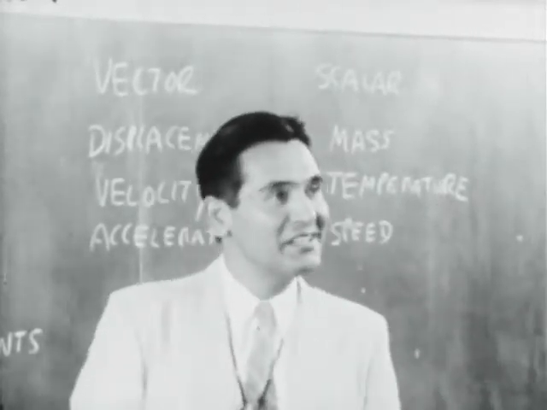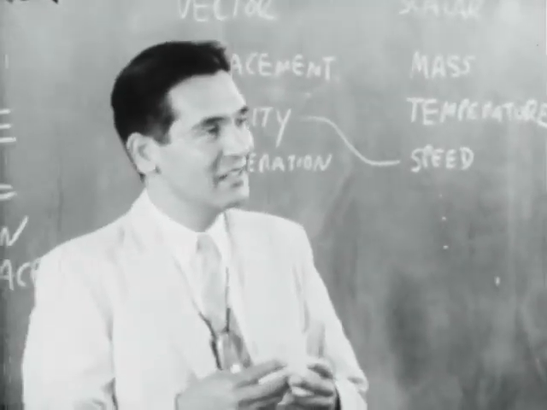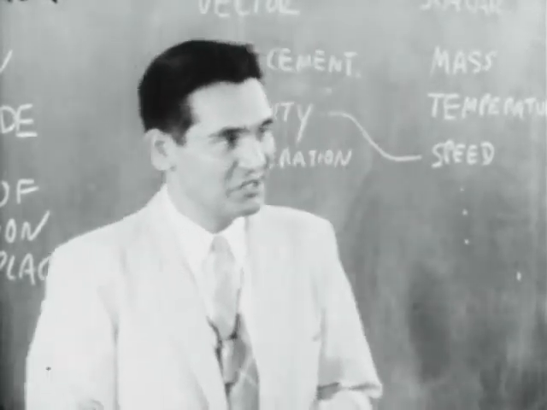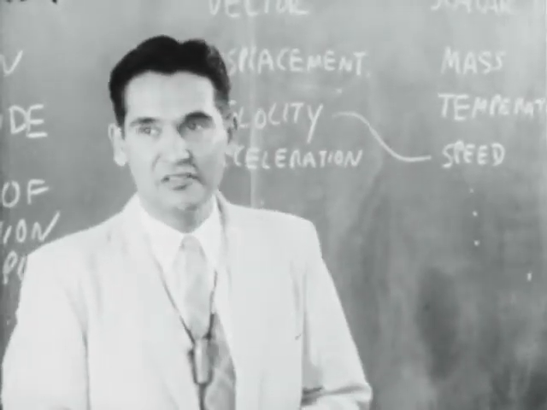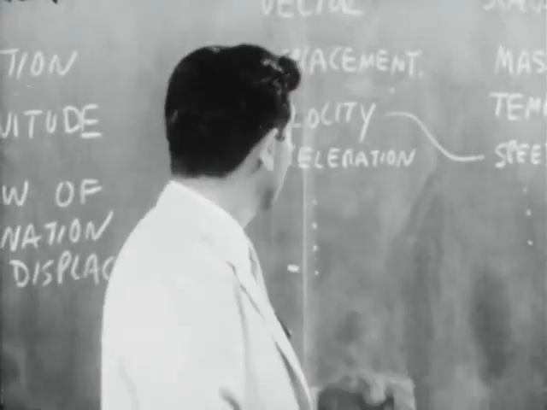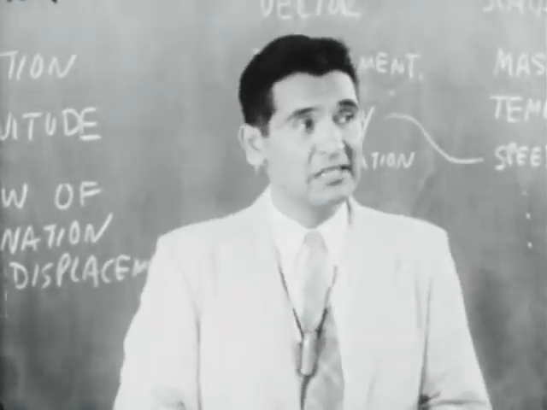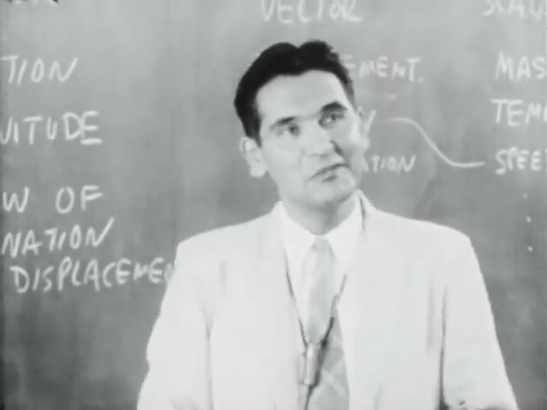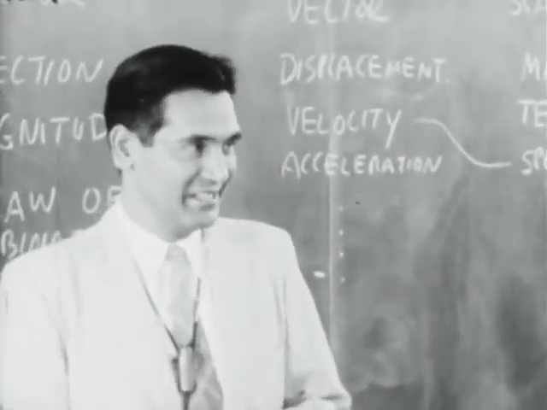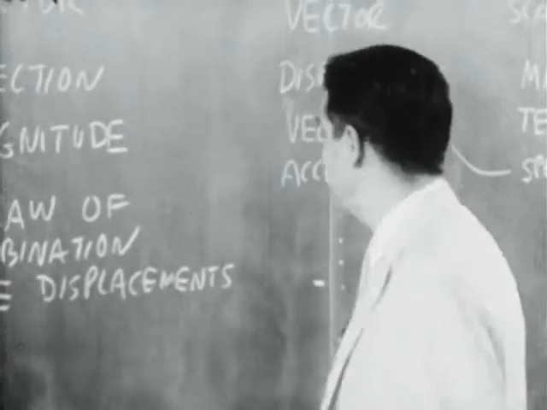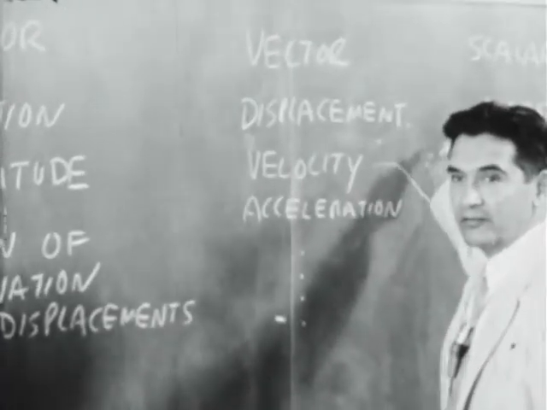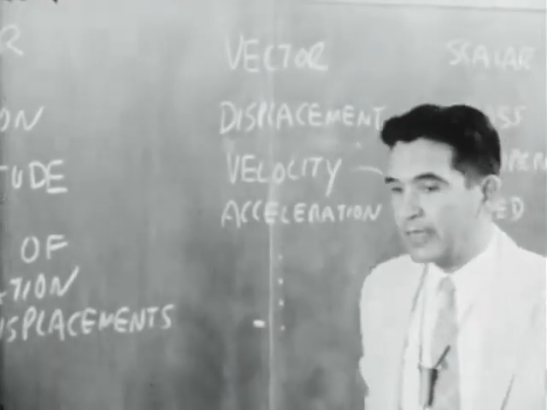Scalars are the quantities that add according to the 2 plus 2 equals 4 kind of addition. You see, ordinary addition. Scalars obey ordinary addition. Very often, in vectors you will have 2 plus 2 does not equal 4. 2 plus 2 might equal 3. 2 plus 2 might equal 0 in a certain sense. So there's obviously an important difference between the behavior of vectors in our algebra and the behavior of scalars. There is